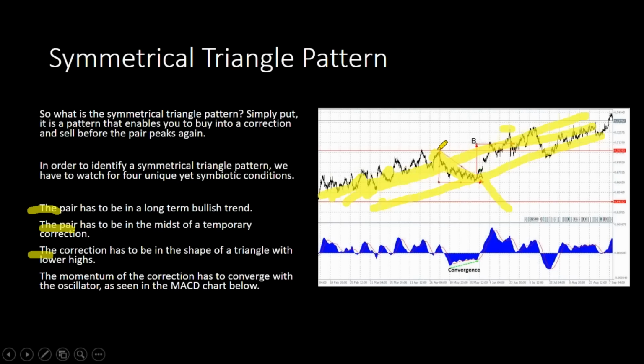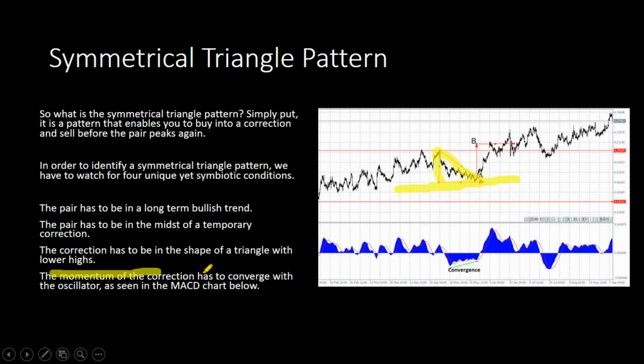So what do you have? You have the resistance line touched right here. Price goes down into its retracement. It's making lower highs and continues down. When you can draw a line between down there, what do you have? You have one part of your triangle. When you draw your support line down here, you have the base of your triangle, and then you have your left vertical side. So you formed a triangle.